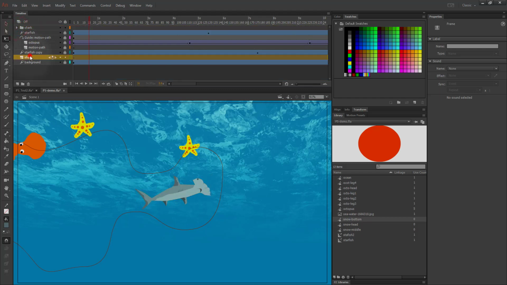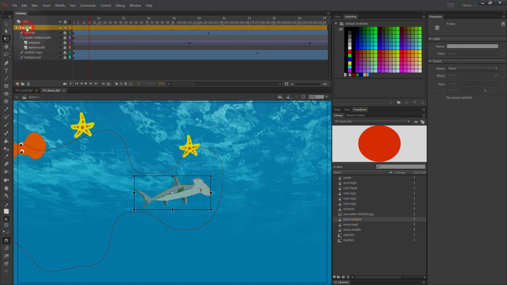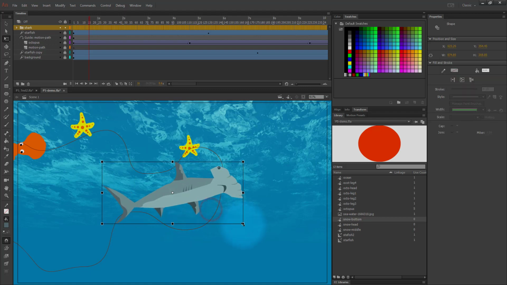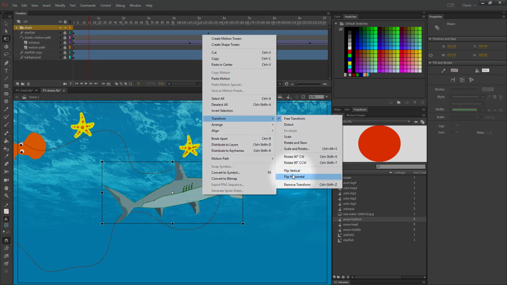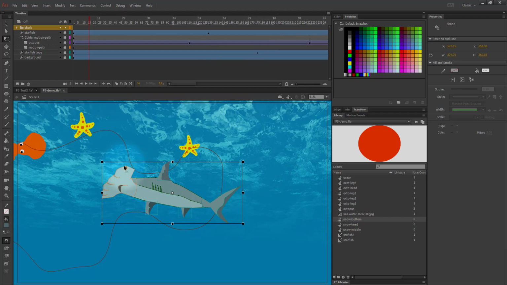So just to stay organized, I'm going to delete this layer that I made because I don't need it. So I can select on here and I can hold Shift and get it bigger. I also need it flipped around. So while I'm in here, I can transform and I can flip horizontal